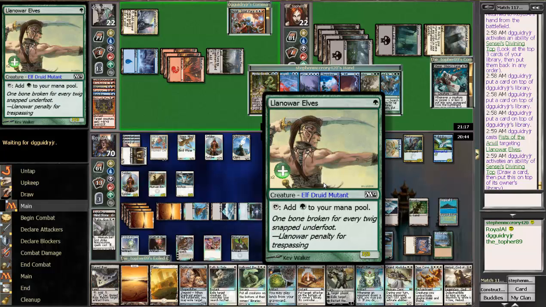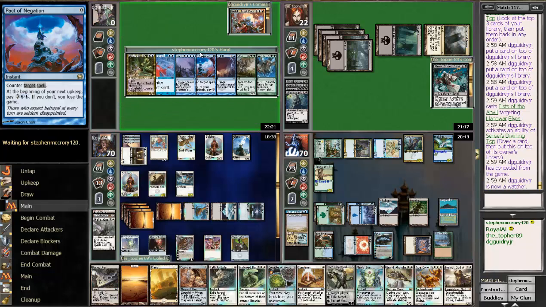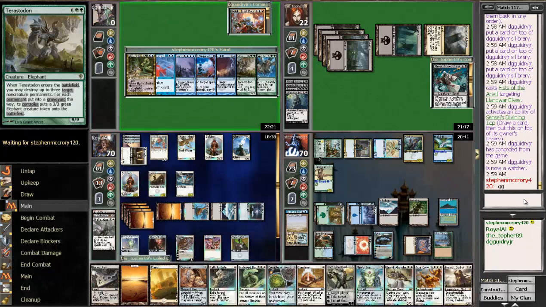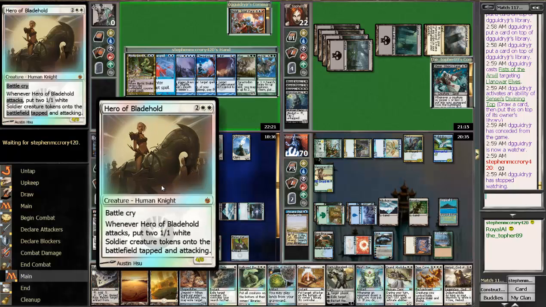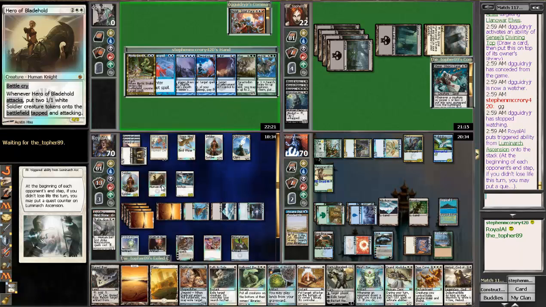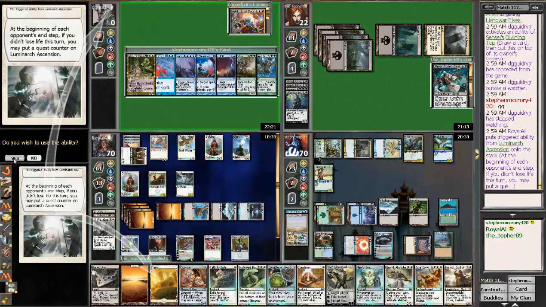Seven-three land worlds. What are they doing now? Conceding. I don't want to GG. I thought it was him who GG'd. He had enough. He logged off. Alright, we didn't need to play Karn. Hero Bladehold's gonna do a lot of drawing of cards, though. Seems like a good combo. Edric plus, well, also we did have...